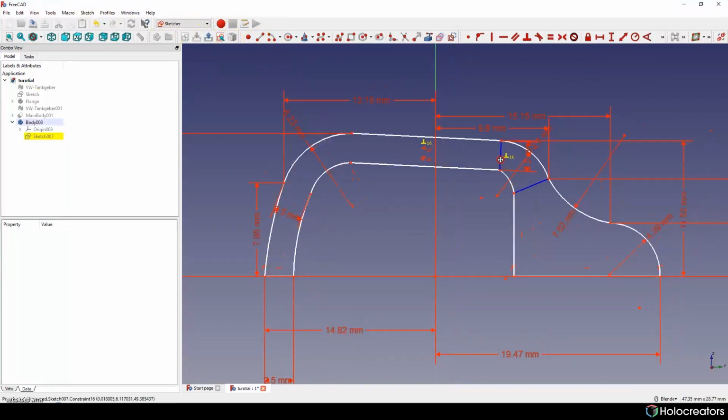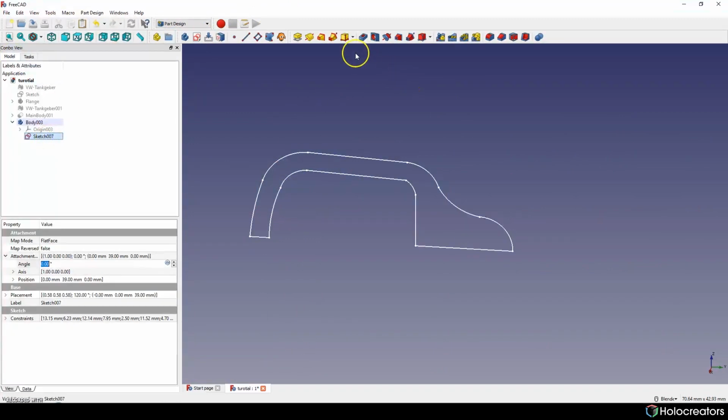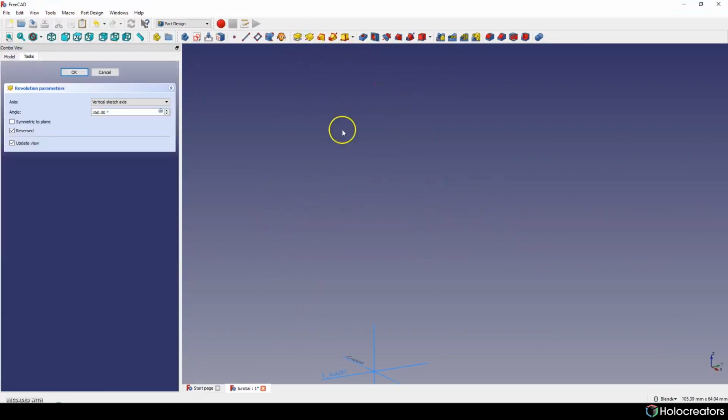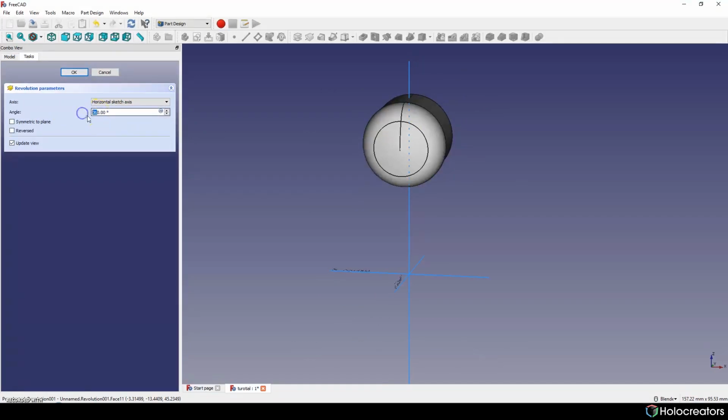Let's try again. Okay, now it's working fine.